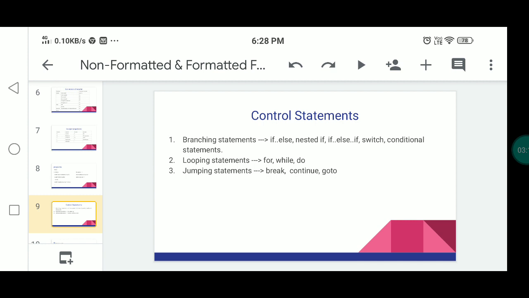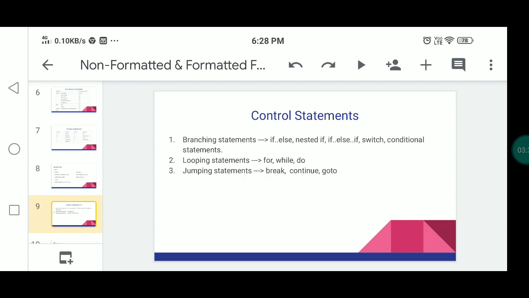So coming to the control statements: in a C program, the statement must end with a semicolon. A C program is a set of statements which are normally executed sequentially in the order in which they appear.